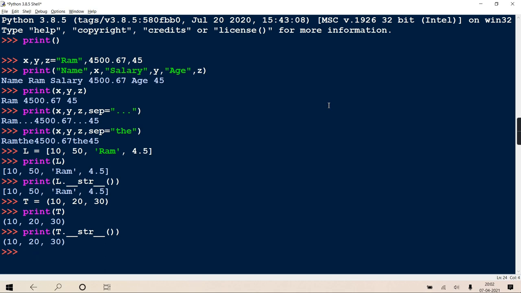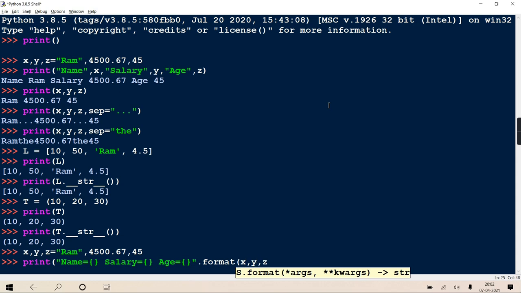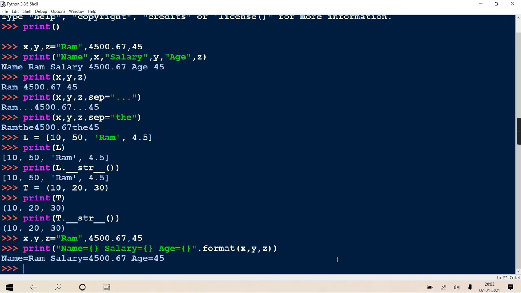Okay, see, just to recall yesterday's discussion. X, y, z, these three variables are there. I'll assume them as they are. And print, this is the string. Suppose I'm writing name brace bracket, salary brace bracket, and age brace bracket, dot format x, y, z. As these brace brackets are left empty, it is taken sequentially, means consecutively. The first value goes in the first brace bracket, second value in the second, third in the third, and you'll get the substituted result, right? But you can mention the index number also.